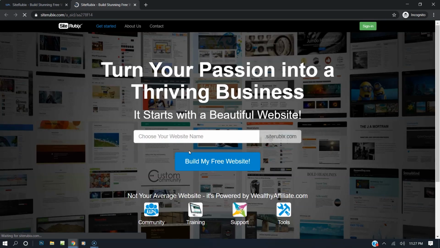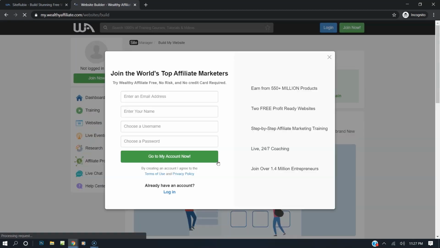It's going to take you to a page that looks just like this. Now we're going to decide on your domain name. I'm just going to make one up. You can put whatever you want. If you're a church, you could put the On Fire Church. If you sell shoes, you can say the best shoes. Whatever you want to put for your domain name, I'm just going to say my website tutorial. Okay, and it needs to be available. It will let you know if it's available. All right, good news for me. Mine is available. Then I'm going to click build a free website.